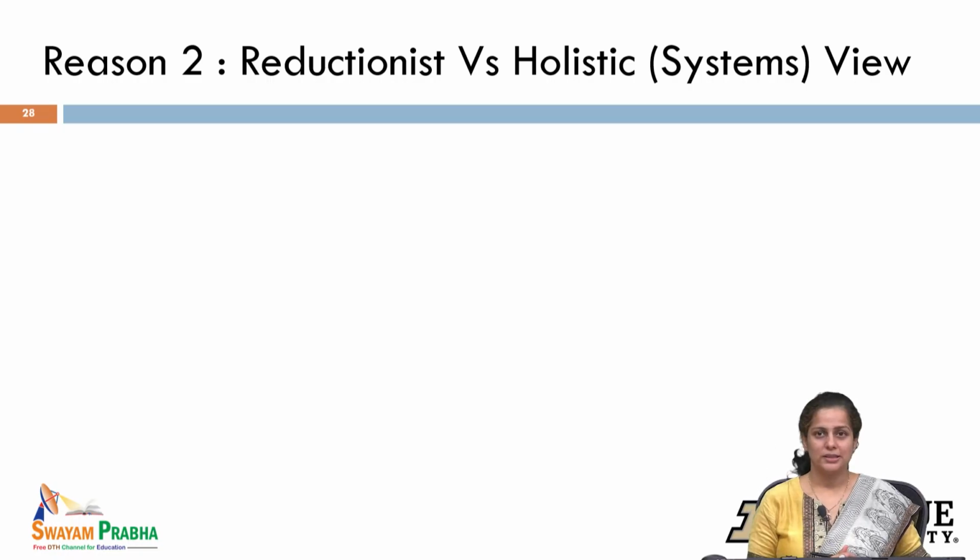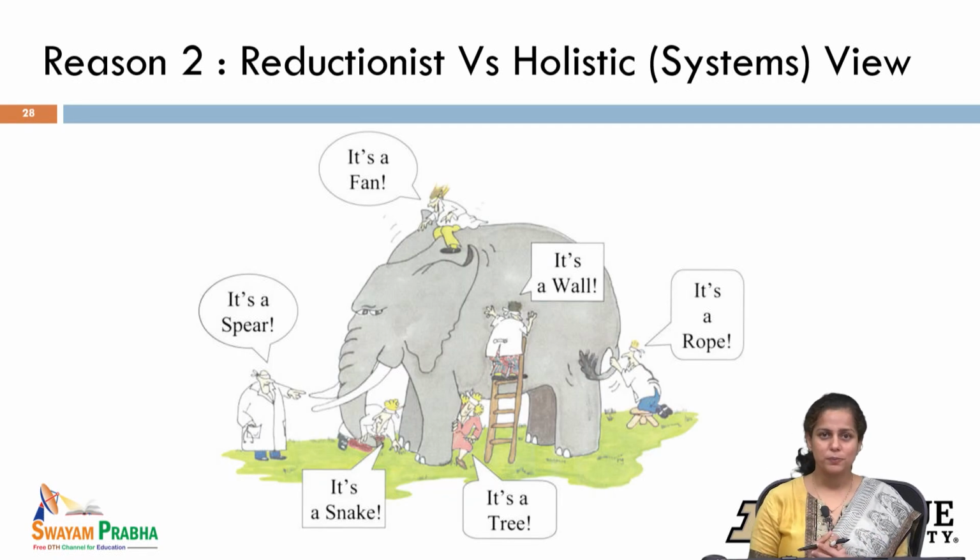So, this is a fable, and I think a lot of people know about it. There were 10 different people who were looking at different parts of the elephant, and everyone had their own perspective. One person holds the tail and says it's a rope. Another person looks at the leg of the elephant and says it's a tree. Someone holds the trunk and says it's a snake, and they can hold the horn and say it's a spear. But you will see that no one knows that it's an elephant, and that is exactly the challenge